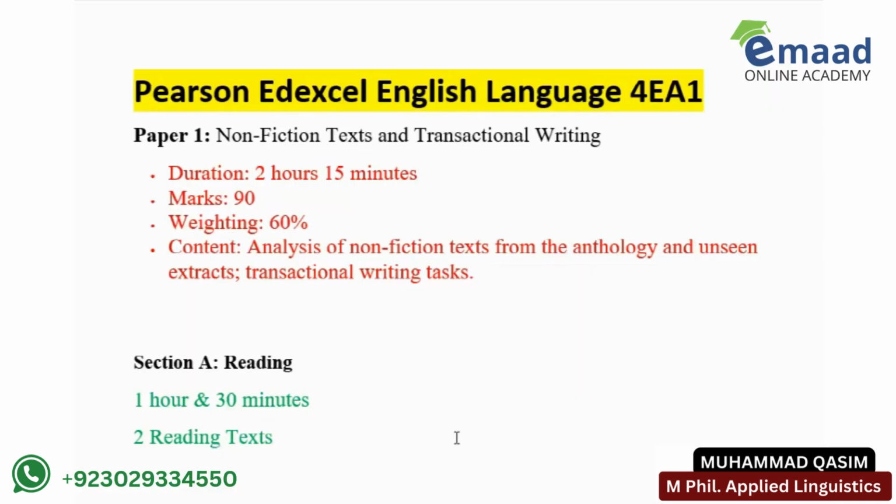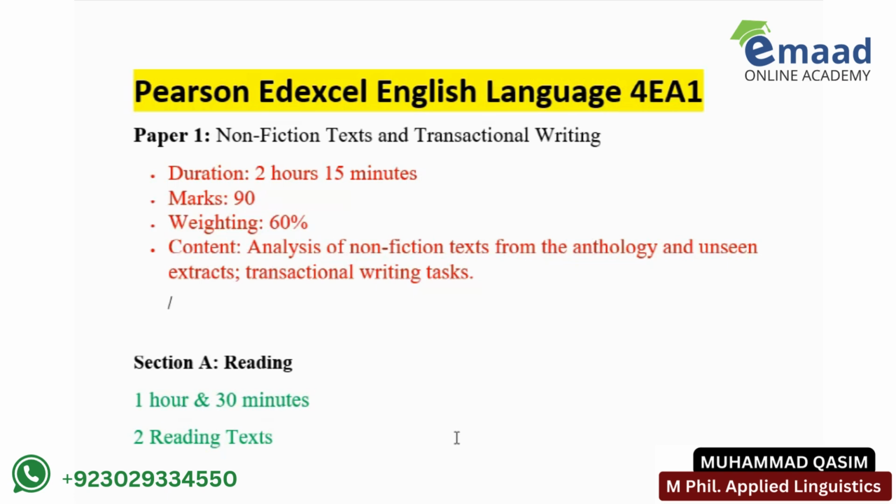Hey everybody. So if you are preparing for Pearson Edexcel IGCSE English Language for EA1, here is a detailed discussion about its complete syllabus and the different nature of questions. I am also going to share with you on the screen some sample past papers and some other sample question papers to give you a complete understanding about the nature of questions, marks, and everything about the question paper that you need to know, about your syllabus, and how to